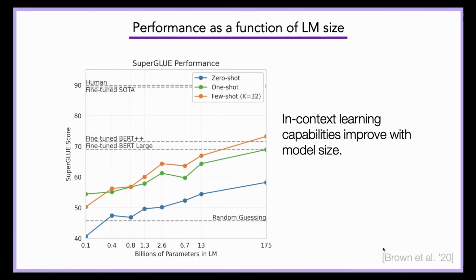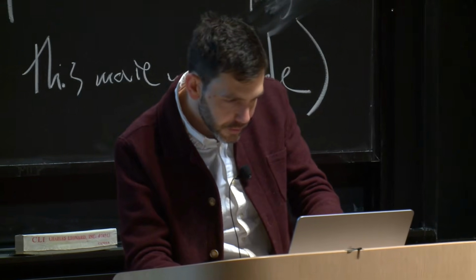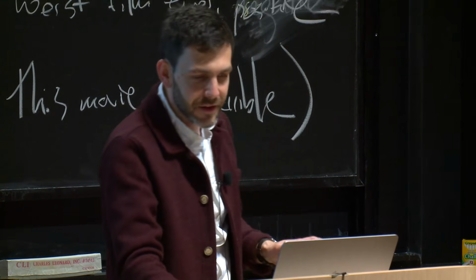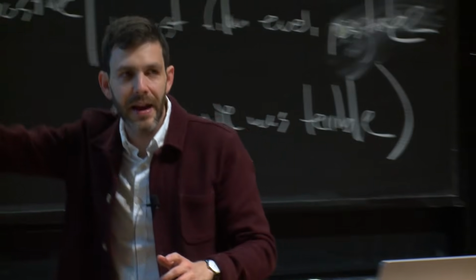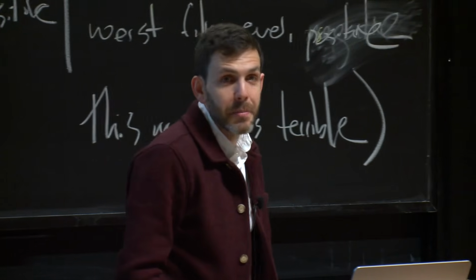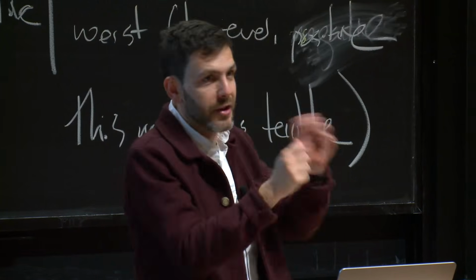However, a lot of these issues seem to be going away with scale. And I'm not sure I have slides for this, in this particular talk. But even this phenomenon that we were looking at here, where models seem to be pretty insensitive to random labels or flipped labels or whatever, in even larger models than the ones that we were looking at here, in GPT-4 and some of the other things that have come out since then, models do actually start to pay attention to the association between labels and